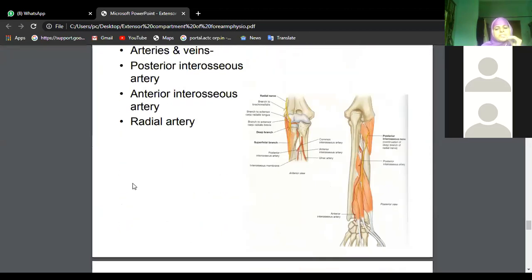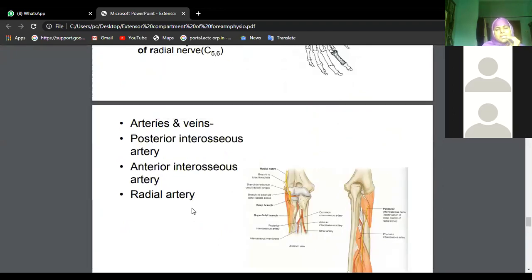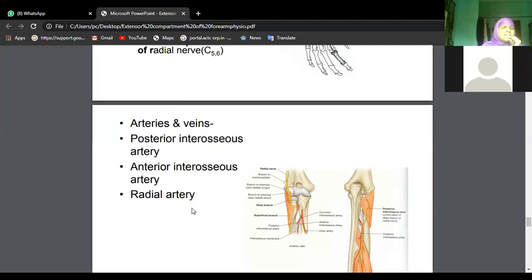The explanation part will be something like origin, insertion, nerve supply, action. Any of the muscles can be asked, like supinator is the most probable question, anconeus is a most probable question. The rest of the questions have not been asked. These muscles are all important for practicals, during your viva, dissection viva, not usually during theory exams.